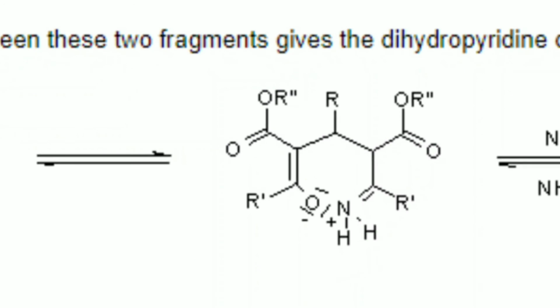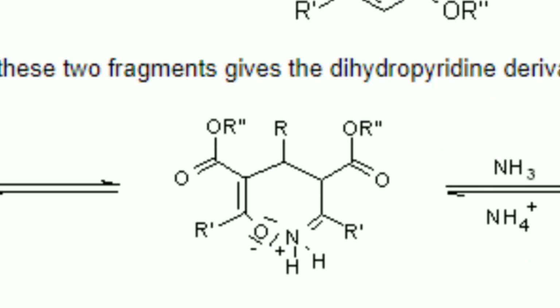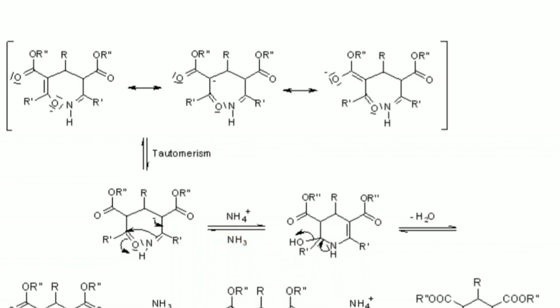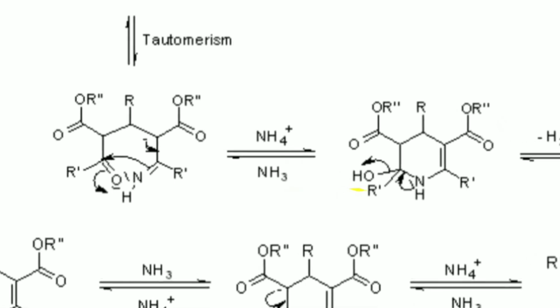And after this, as we know, ammonia is present in our reaction, so it will abstract one hydrogen from NH2 and form NH4 plus. After the abstraction of one H from NH2, it will form this type of intermediate, and after this intermediate it undergoes tautomerism and forms